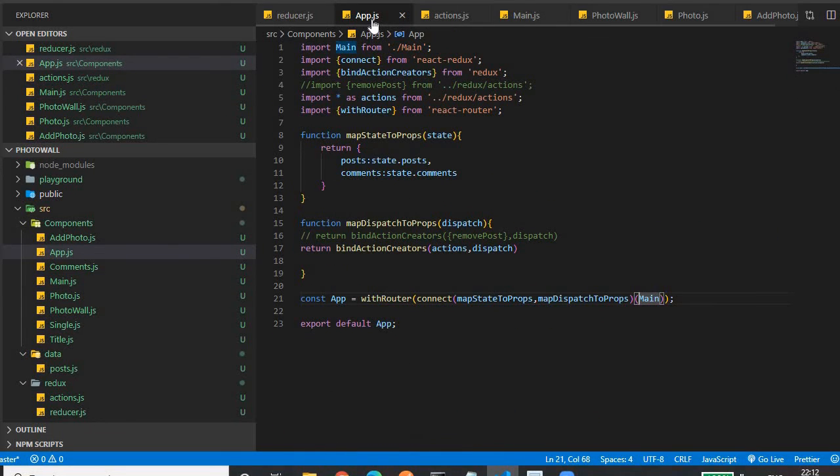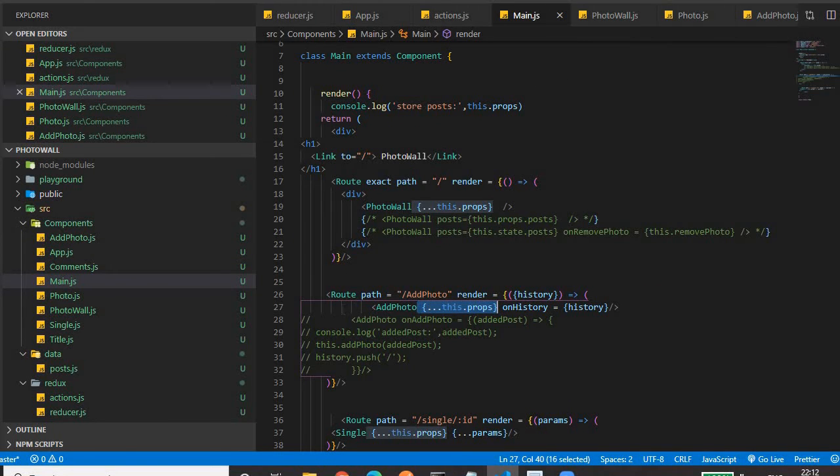Yeah, here. See, with React Redux and the router, both concepts, we have to use withRouter. We are connecting the store to the main component, and in the main component we have written the router concept, the route and route configuration path and the render function.